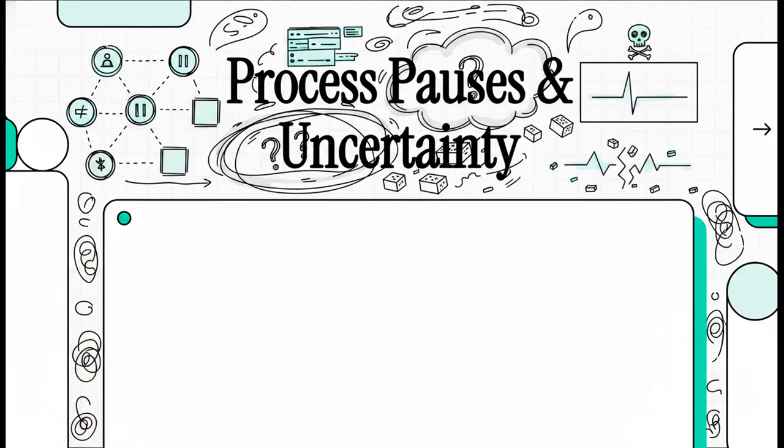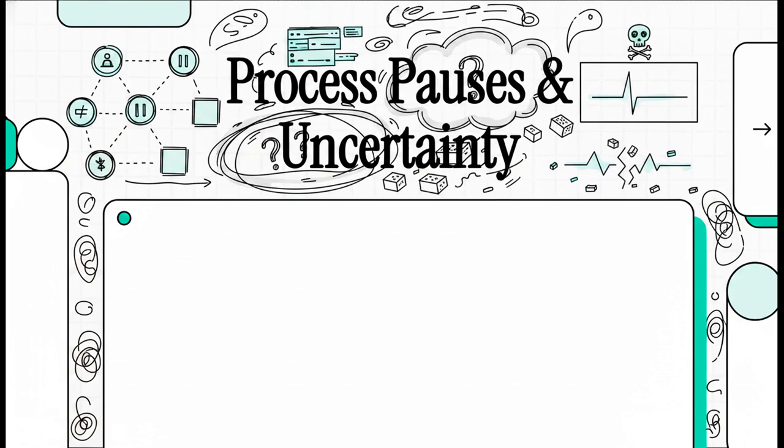Today, we're sketching out the hidden and honestly kind of terrifying dangers of process pauses and system uncertainty in distributed architectures. If you've ever built a distributed system, you already know the network is a complete mess. But today, we're actually looking inward at the nodes themselves. We're going to explore why a perfectly healthy running process can just unexpectedly freeze, why the rest of your system might mistakenly declare it totally dead, and how these invisible pauses can create massive uncertainty and even corrupt your data